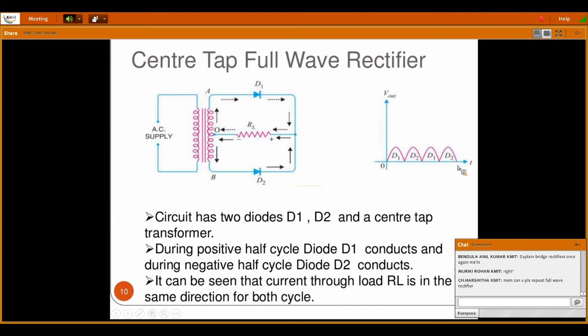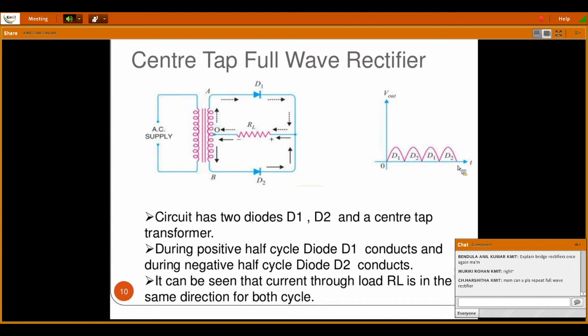So this was not the case with the half wave rectifier. In the half wave rectifier, we have got only positive peaks. Negative peaks are being clamped to 0. But here the negative cycle is also being rectified and is available as a positive half cycle. So the complete cycle we are getting using a center tapped arrangement.